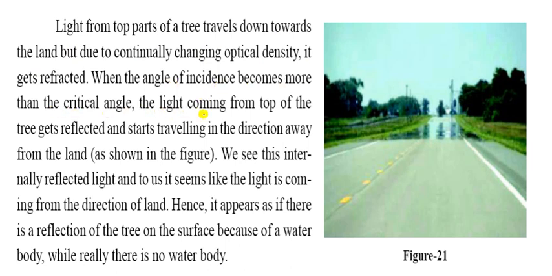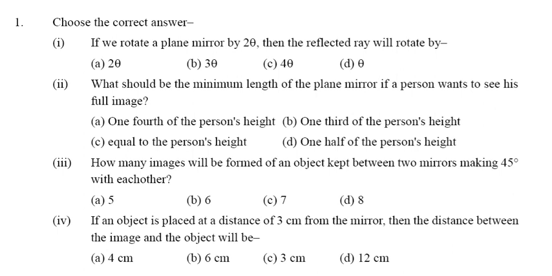Now come to the mirage. What is a mirage? You can see, it looks like this, a tree, and whenever light is coming, the upper part is the denser medium and the lower part is the rarer medium. So the ray always bends away from the normal. When the incident angle becomes greater than the critical angle, it is reflected like this. So this greenery part is seen here. A person goes there, but there is no water, though a water body seems to be there. So you can write like this.